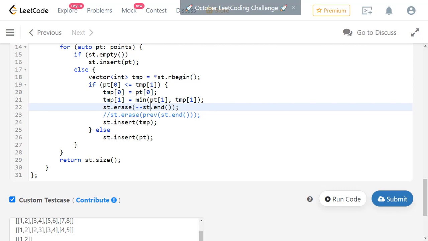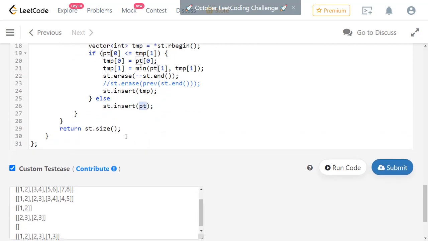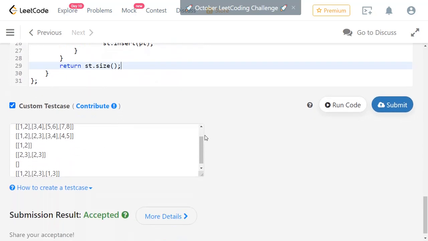So when you do minus minus, it will give you the last element. You just erase the last element, then insert the newly constructed point. If they are not overlapping, that means you have two unique intervals, so you just insert the newly found interval. Finally you return the size of the set, so that becomes your answer.